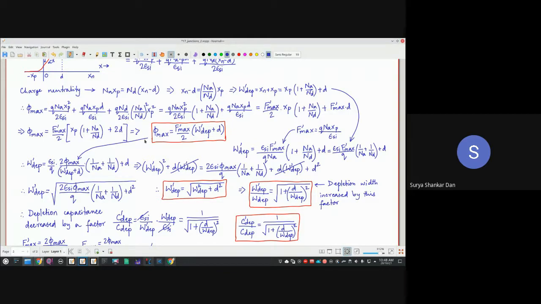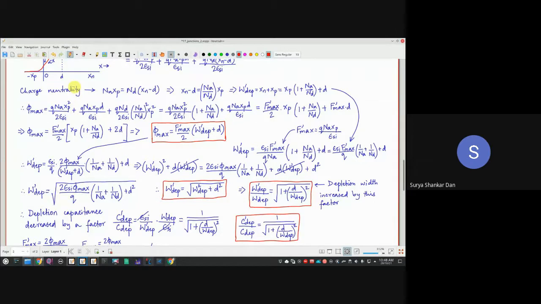Whatever VGS VDS you have to apply, you will be applying as usual. The device will operate as usual, so there will be no difference from a circuit's operation perspective. However, the device will be more reliable. They will be able to sustain more voltage fluctuations or noise fluctuations. Everyone getting me? So that is our objective, that in no condition should your electric field become too high.